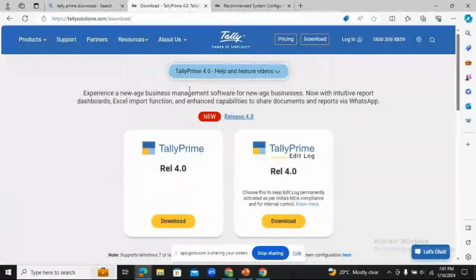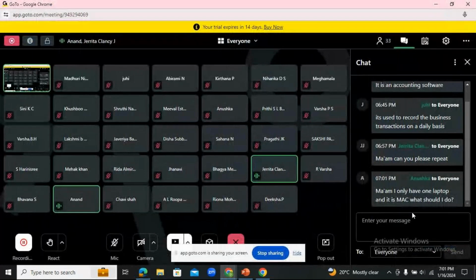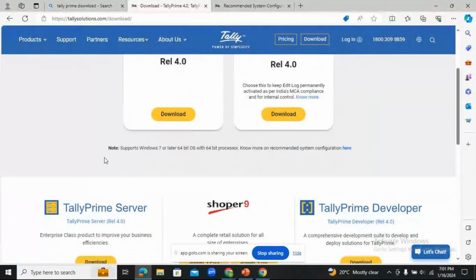Are you able to get this website? Yes, ma'am. Okay, so once you have got this website, now at the bottom, can you see a note over there? Just scroll down. Yes, you have the note that it supports Windows 7 or later. Are you able to see this note here?